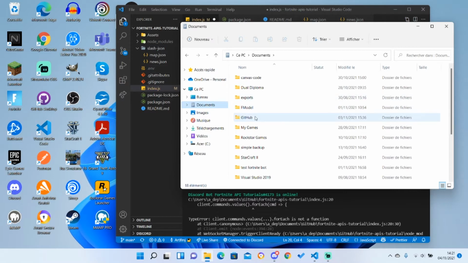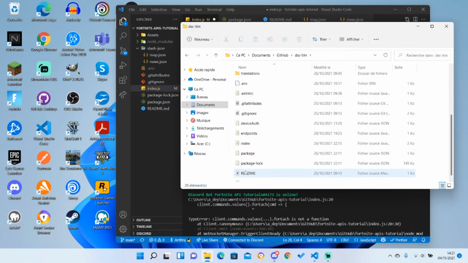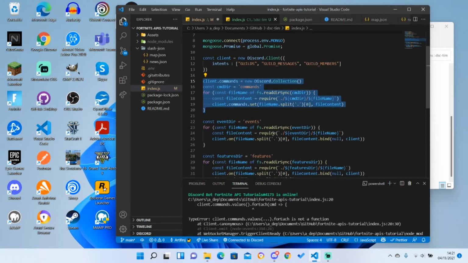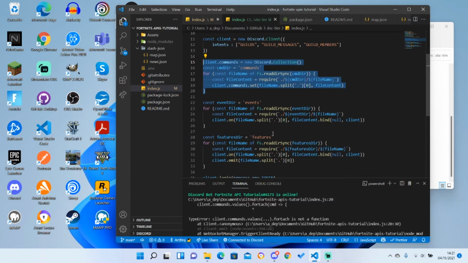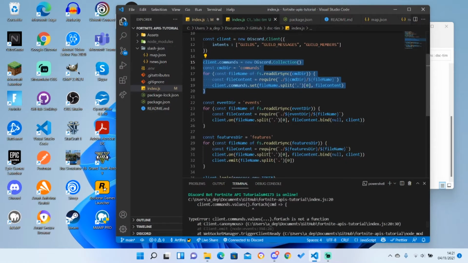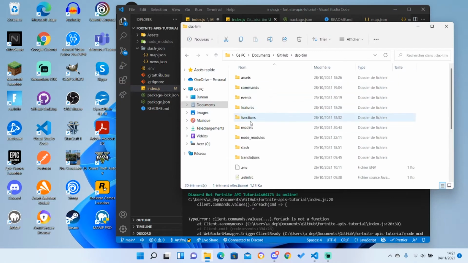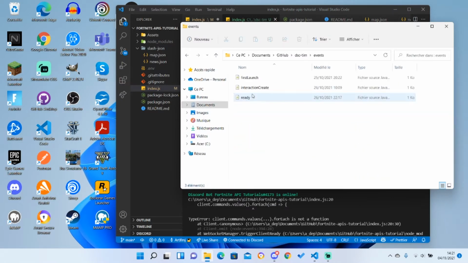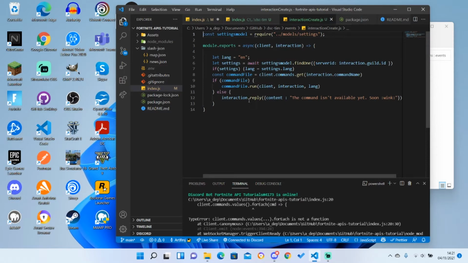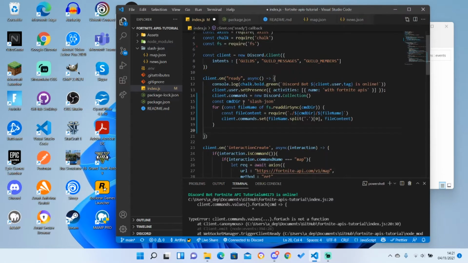So index here. Okay, let me look through the code. So we got events. Let me just look at this. Okay, so what we're gonna do right now is here